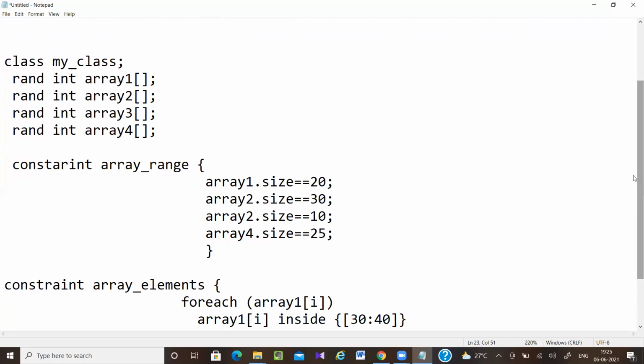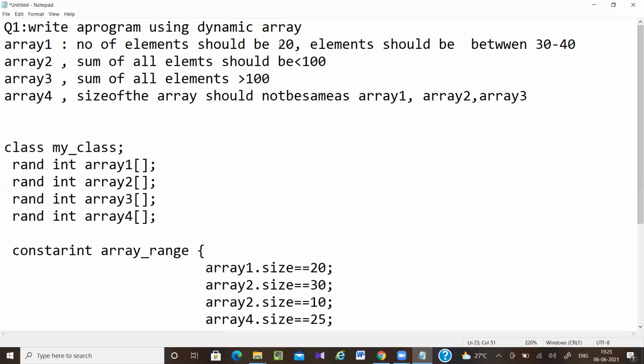Now, as I mentioned for the array size, if you want it to be 20 or 30 to 40, you have to write array dot size inside 20, 30 to 40, like this.